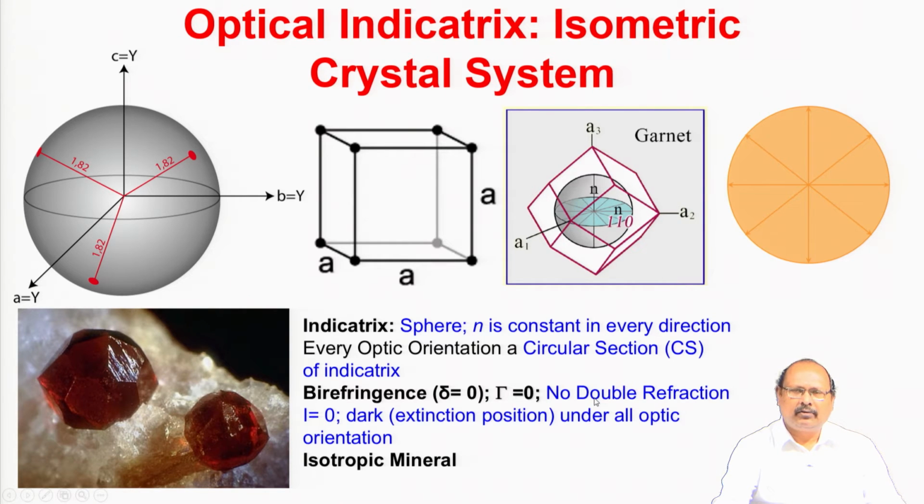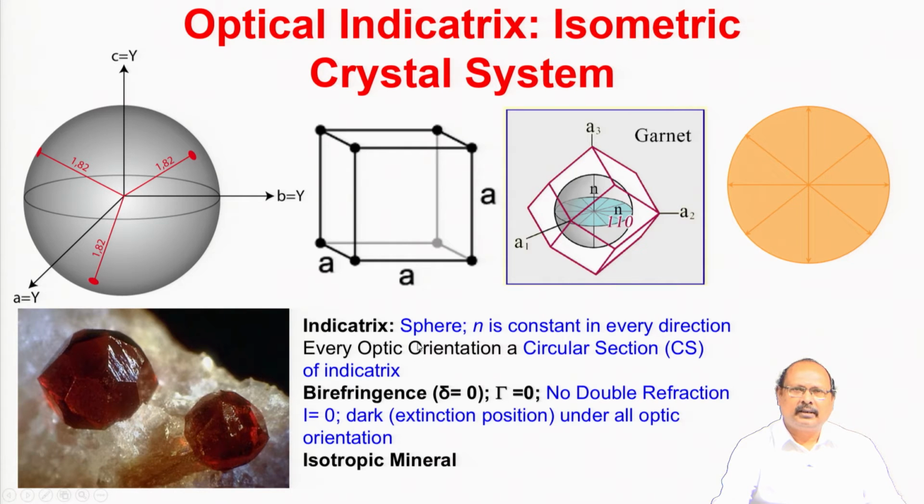A set of rays or waves, when they vibrate in the circular section, there is no double refraction. And because tau is equal to 0, retardation is equal to 0, the intensity of light that will pass through the analyzer will be 0, and it will remain dark. That is, it is in the extinction position under all optical orientations. And that's the reason the minerals